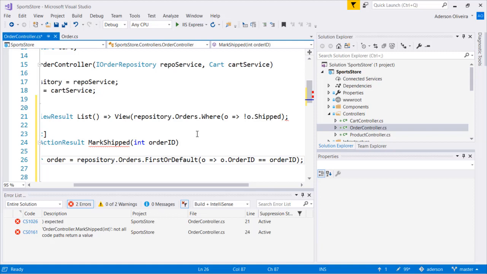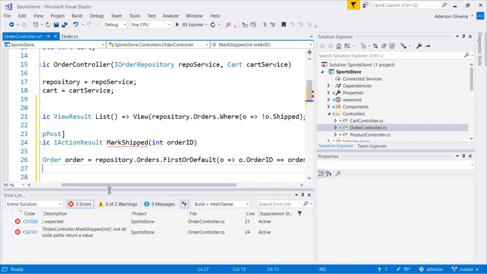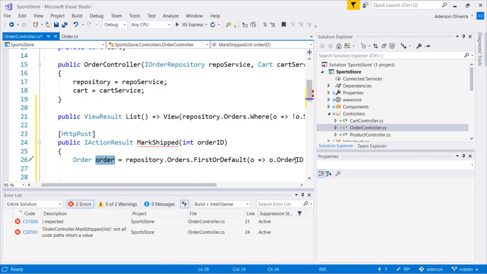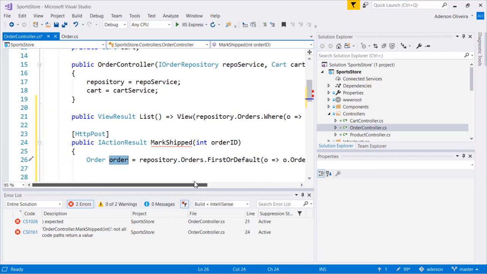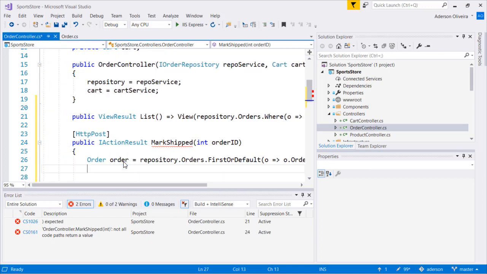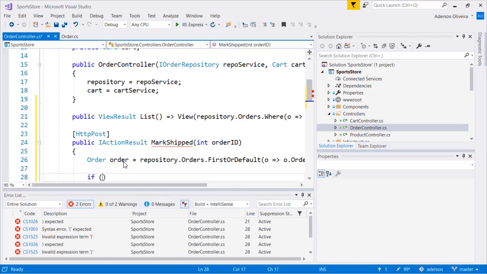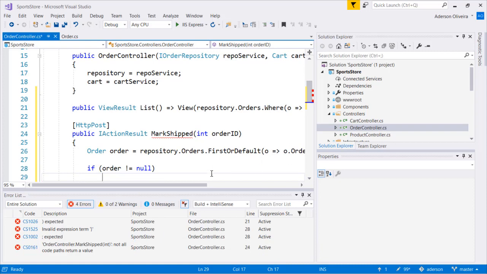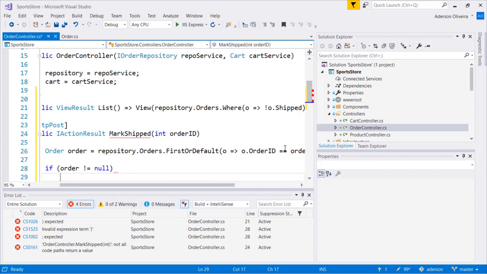Now, just to make sure that we are on the safe side, most likely every order that we try here will have an equivalent order in the repository, but it's a good practice to be able to test whether or not order is null. Just in case this doesn't return anything, that this order number does not exist, we need to check that. So if order is not null, which means, hey, this was able to find an order,